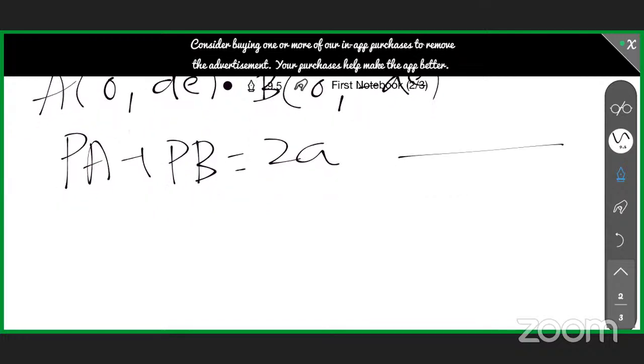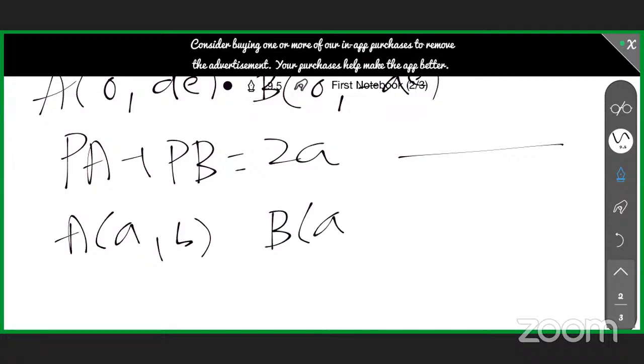So, what they're telling is PA plus PB is equal to 2a. So what we have to do is find the equation of the locus. Just now we solved this property using this one. If A is equal to a comma b and B is equal to a comma minus b, then